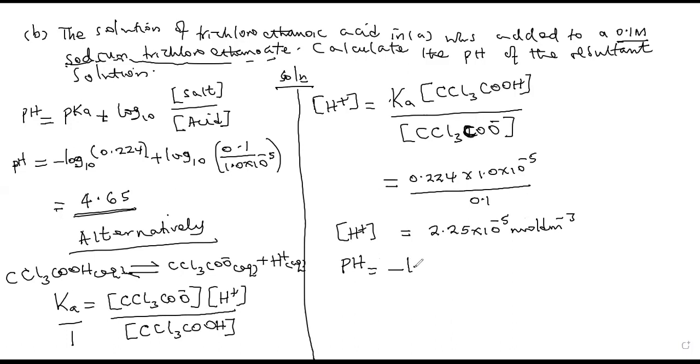So our pH is the negative logarithm base 10 of hydrogen ion concentration, and this is the same as negative logarithm to the base 10 of 2.25 times 10 to the power negative 5. When you take the logarithm of that, you're going to get your pH still as